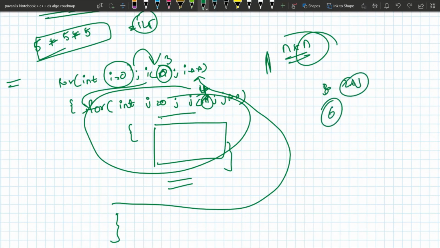It is not mandatory to take the same number of iterations. You can take anything. Here you can have only one iteration, i less than 1, and j less than 2 means 2 iterations. The fundamental point is that the number of iterations here multiplies with the number of iterations there, that's it.